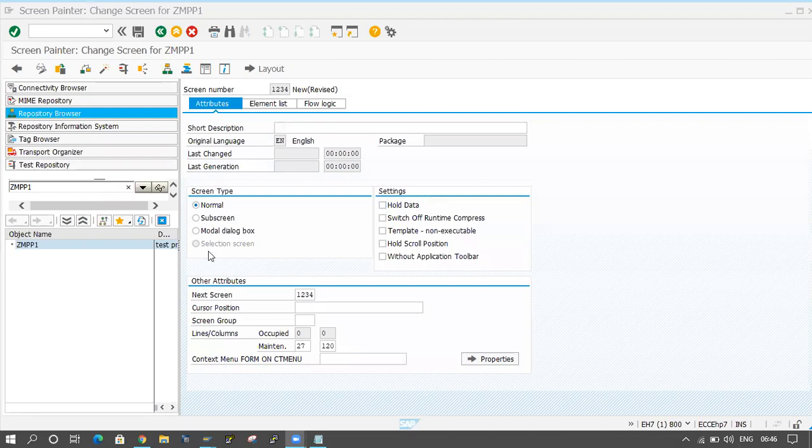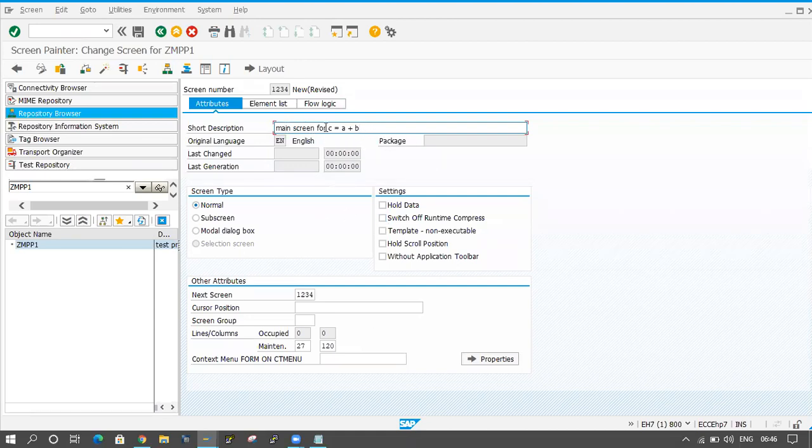Fine. This is the screen, and here I am giving a description: main screen, or C equals A plus B formula. I am taking the C equals A plus B formula.